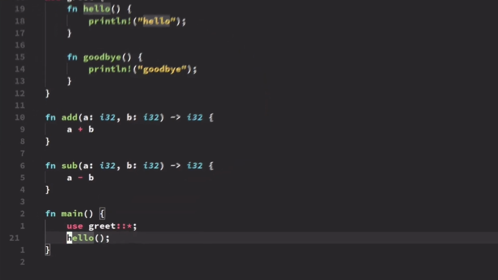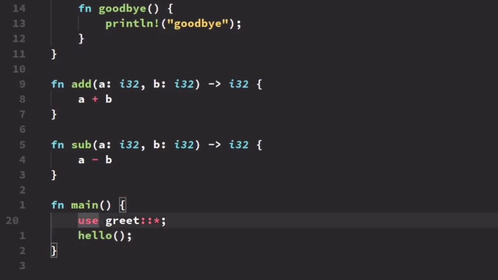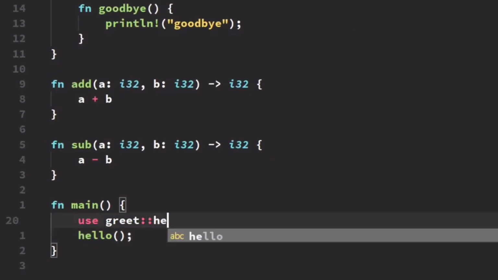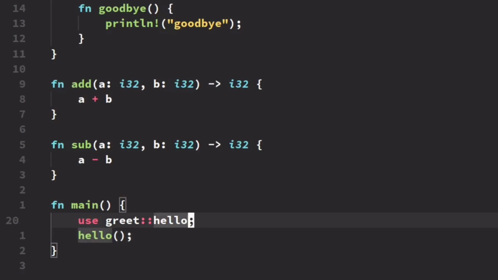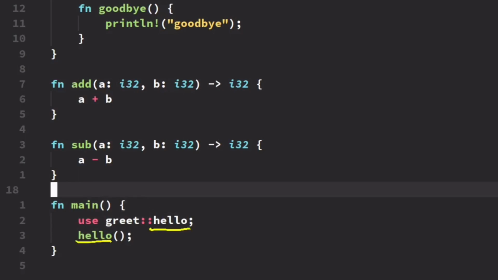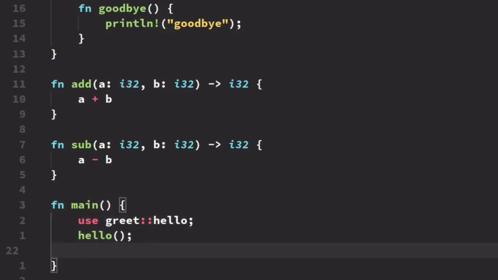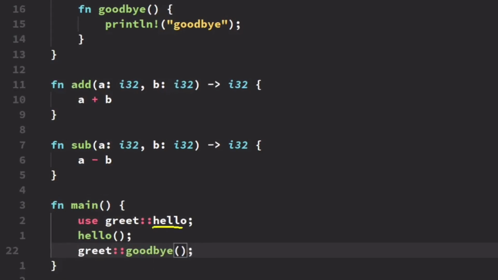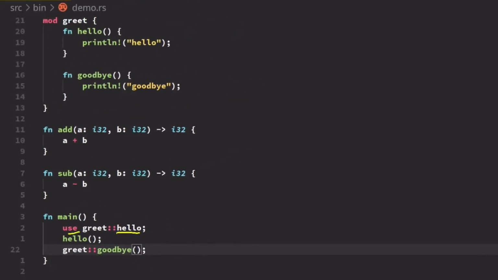If there's only one function you'd like to use from the greet module, and you don't care about the rest of them, you can just use it directly by typing in the name of the function you want to use. So now we can use the hello function directly, but if we wanted to use the goodbye function, we still need to type in greet goodbye. It's good practice to list out each function specifically that you'd like to use. That way, you're able to tell which function came from which module, just in case multiple modules have the same